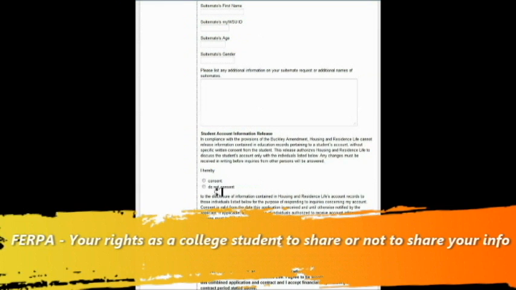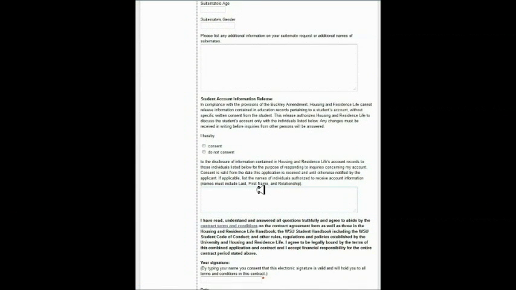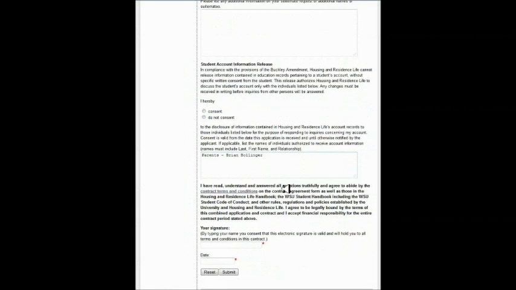any additional information. Student account information, this is your FERPA content. That means your privacy. So according to the Buckley Amendment, we want to know if you consent to release your information as a student or you do not, and if so, who can we speak to about your account? Who can we tell that you actually even live here? So if you're going to list parents, you need to type that in there. Let us know their name. Because folks, if you don't list it, we're not going to even say that you're a resident in our community. So for example, if you put Brian Bullinger is the parent that you approved to seek information, that's what you're